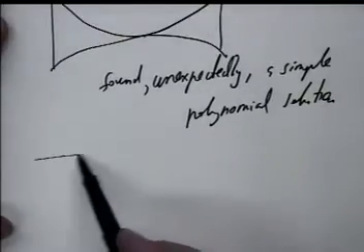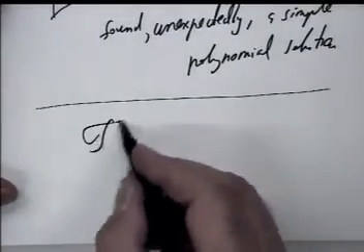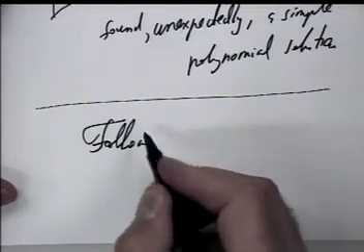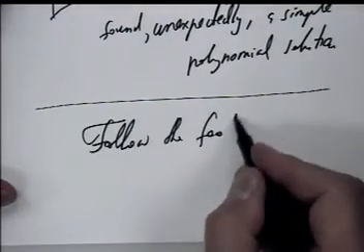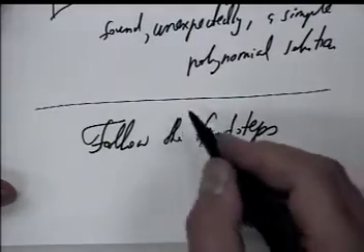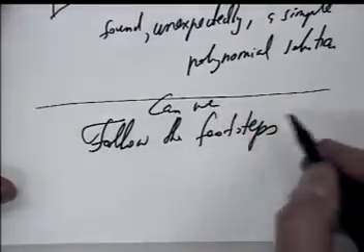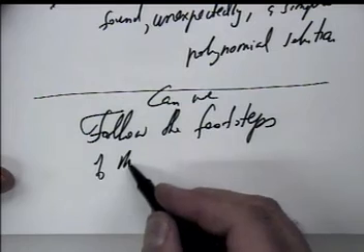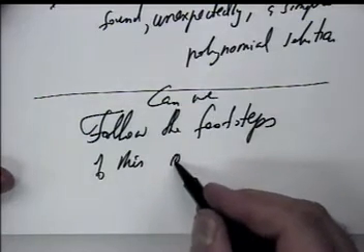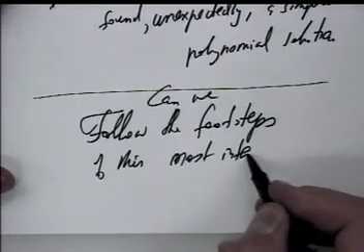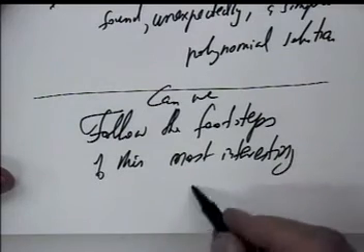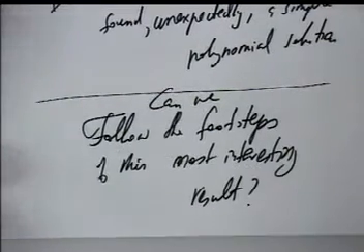So can we follow the footsteps of this most interesting result? It is most interesting because, look, thickness is varying, and suddenly you are finding closed form solutions that you